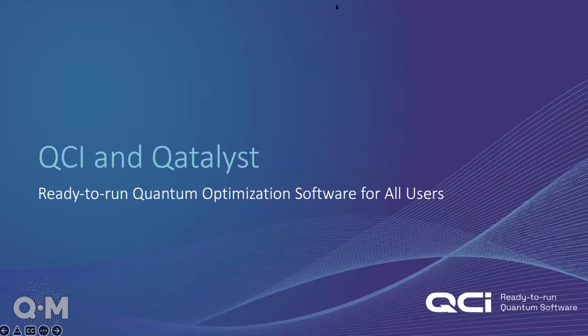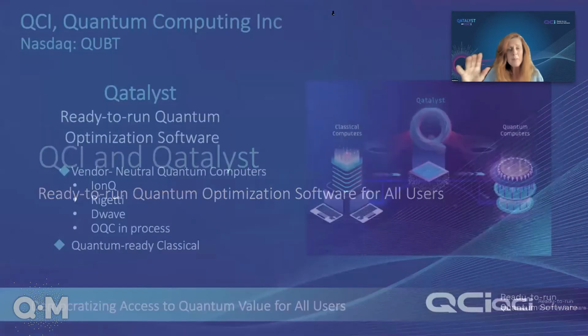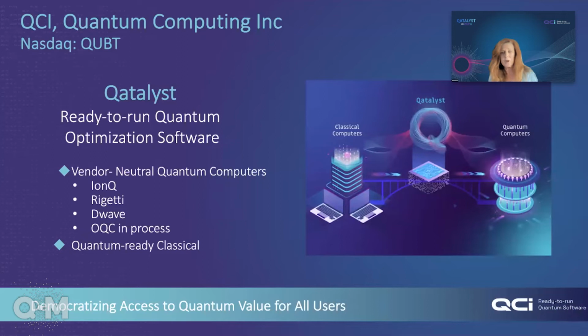So we are Quantum Computing Inc., and we have a little bit different view on quantum itself. We believe that quantum value should be available to all users. And that's why our Catalyst ready to run quantum optimization software requires no quantum programming, no quantum algorithm development, no coding for hardware, et cetera. Users simply submit computations via the cloud to a variety of quantum computers as well as quantum ready classical systems